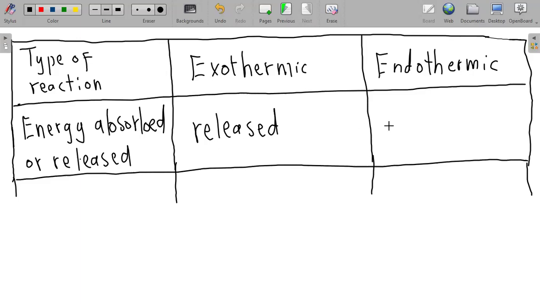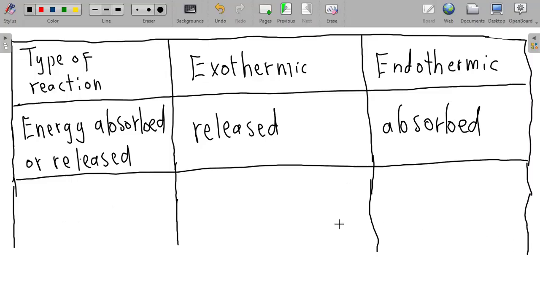For exothermic it is released, for endothermic it is absorbed. And then the third row is going to be